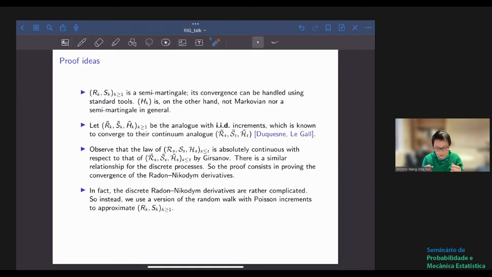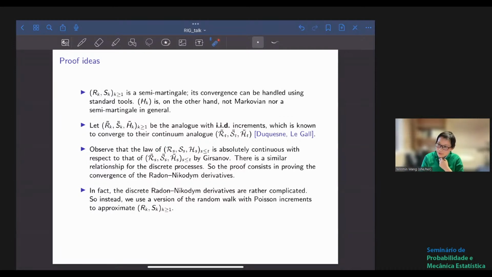You just take the first increment and replicate that increment for all the other time steps. Call this the corresponding tilde process. In that case, you can show the limit process would just be some sort of Brownian motions